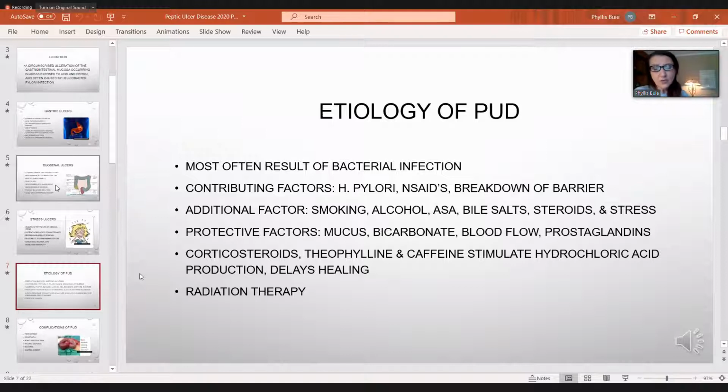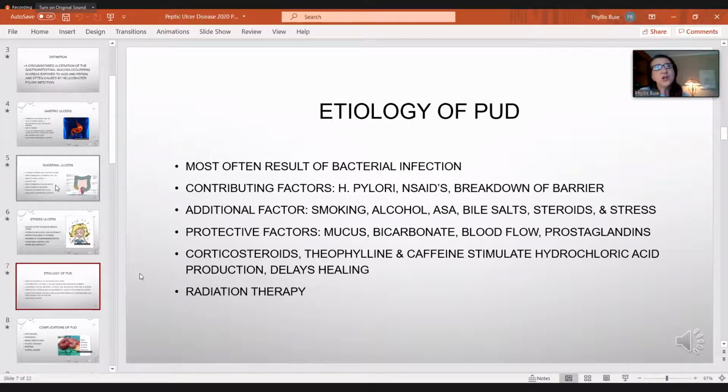And the ones that are on it have been on it for years and years and years, and they've done well with it, and they have no desire to change. So that's when you're going to see these patients continue to be on it. It's a bronchodilator. And then, of course, caffeine. We all know that caffeine can be a major culprit of stimulating the hydrochloric acid. And then the hydrochloric acid also is going to delay the healing, because if you've got